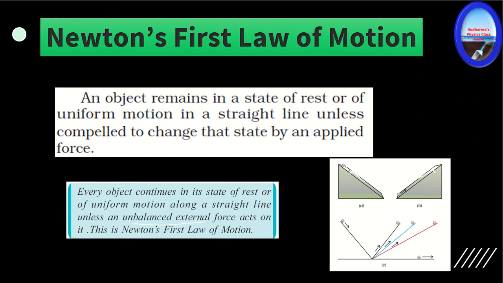Because as per first law of motion, without applying an external force, unbalanced force, the object will not move. So we can frame the definition of force as the physical cause which changes the state of rest or uniform motion of an object in a straight line. Okay, so that is Newton's first law of motion. You may see this as Galileo's law of inertia, because Galileo explained the concept of inertia. And in the case of inertia, there is one more point. If the object has more mass, then there is more inertia.